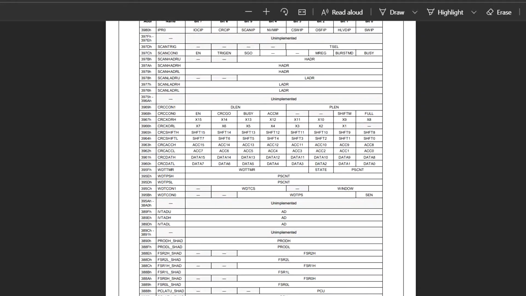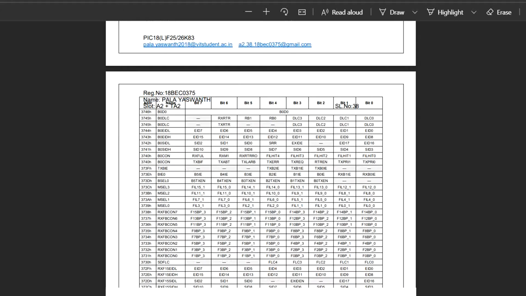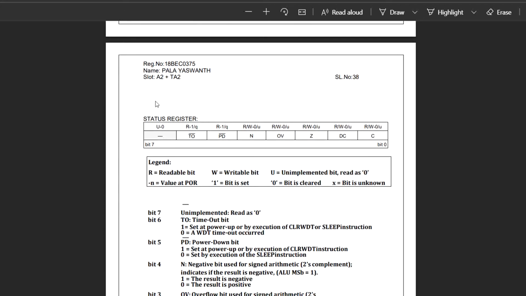So this is how this list came up. I took it from the data sheet. I got to know some of the instructions, and this is the label, I mean the status register. This is about at what mode or at what state the particular register is working,